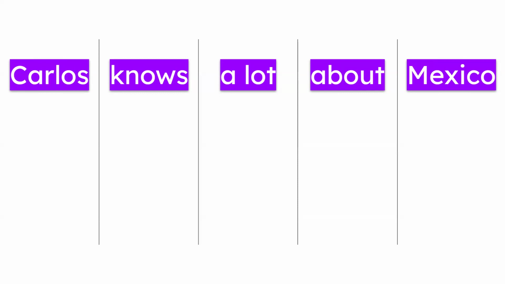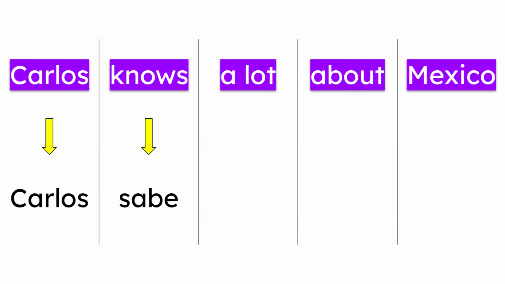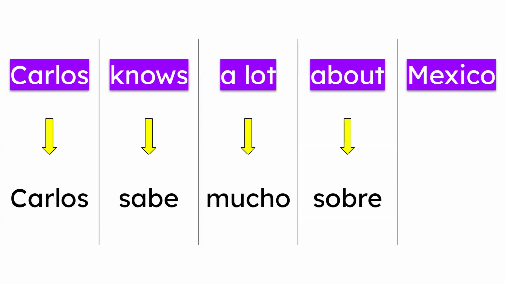So Carlos knows a lot about Mexico. He likes it. And this sentence is very simple, right? Carlos sabe, yeah, of course, obviously, Carlos sabe a lot, mucho. In case you didn't know, is mucho, mucho. Carlos sabe mucho about, sobre. That's right. Sobre